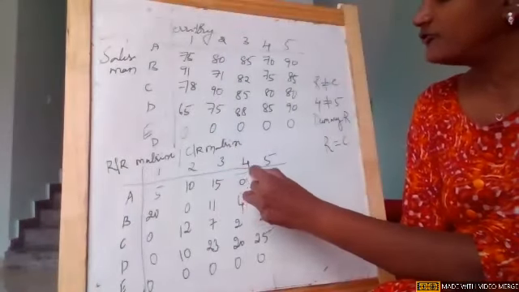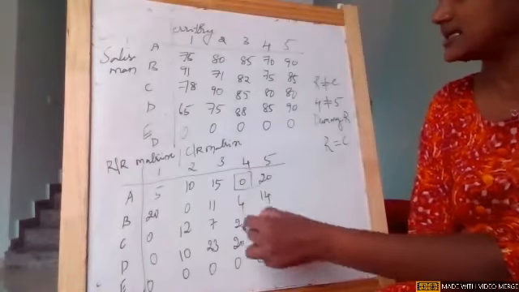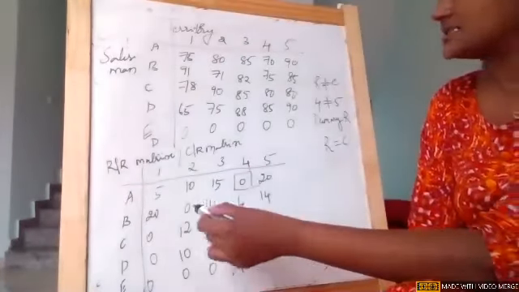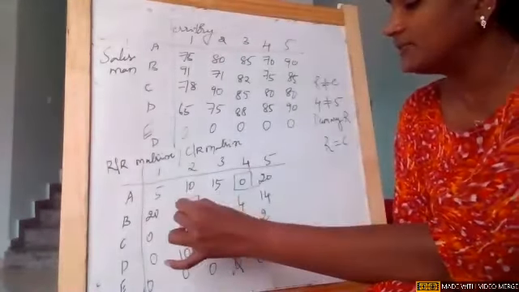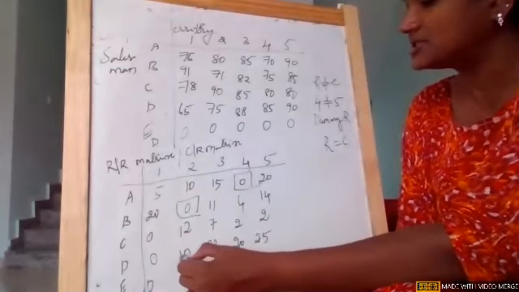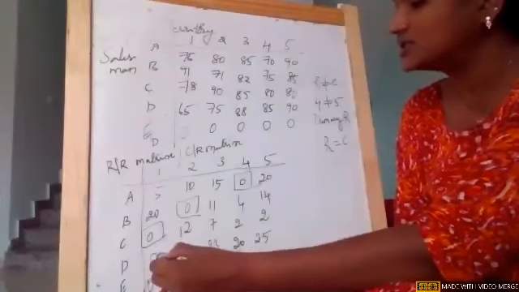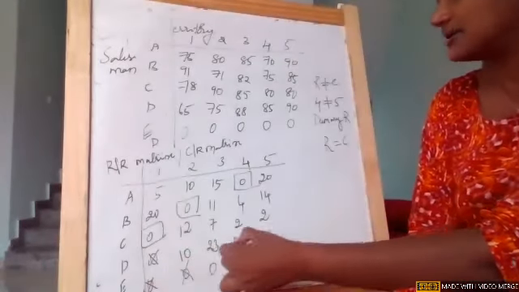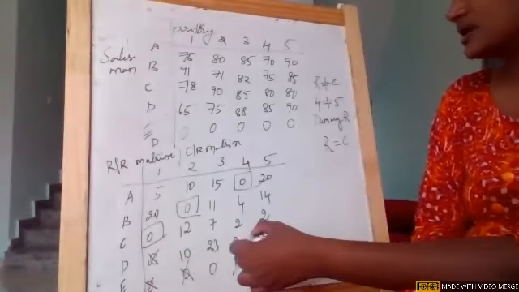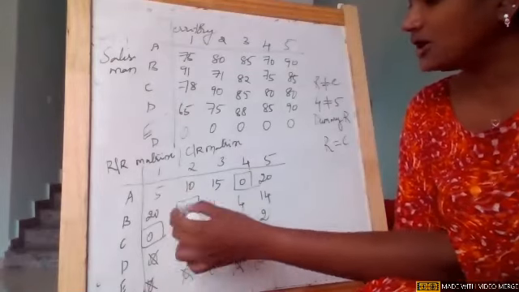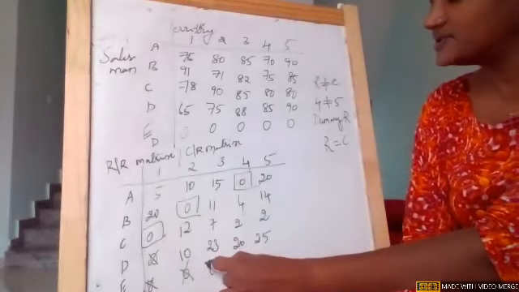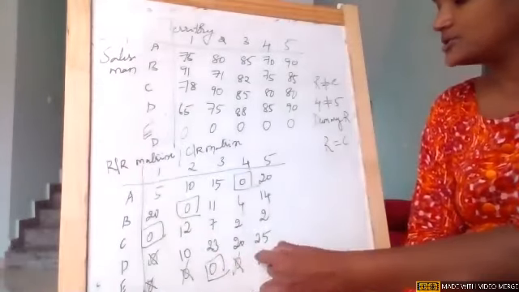So first row, single 0, make an assignment and the corresponding column zeros, cross them. Second row, there is single 0, make an assignment and the corresponding zeros, cross them. Third row, there is a single 0, make an assignment and the corresponding zeros, cross them. Column zeros, cross them. Fourth and fifth. Now come to column. First column, second column, third column, I have a single 0, corresponding row zeros, cross them off.